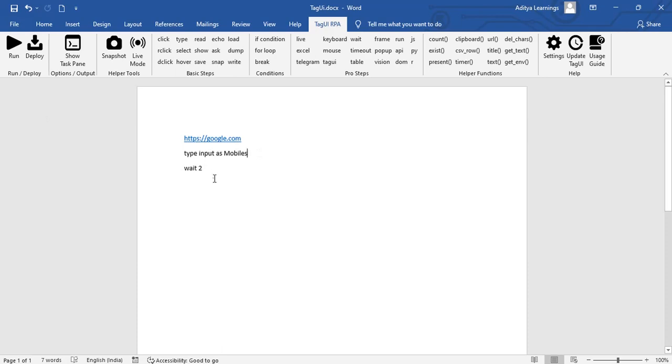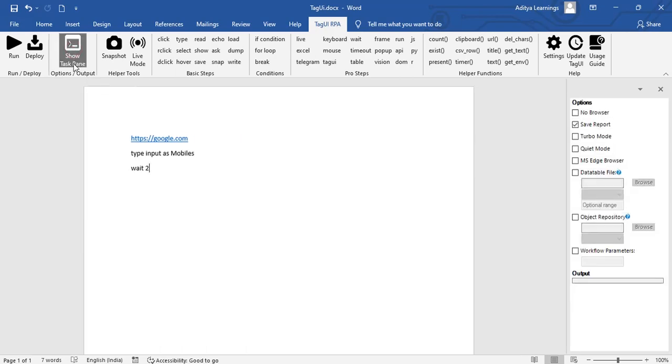After writing a piece of code, we need to execute it and see whether the workflow is running or not. For that, we can execute it by clicking on run. If you are done with the workflow, or with all the process automation steps, you can deploy it, and a batch file will be created out of it, which you can use to schedule it on a timely basis. There is another subsection, which is show task pane, which has the options of the output panel.